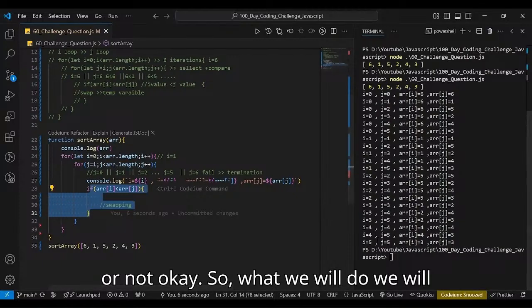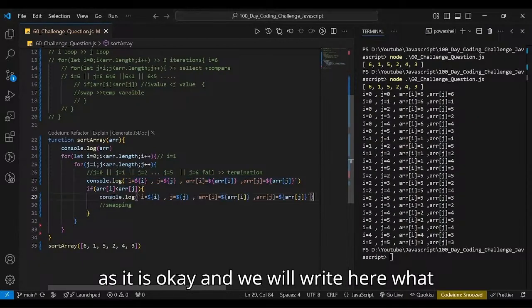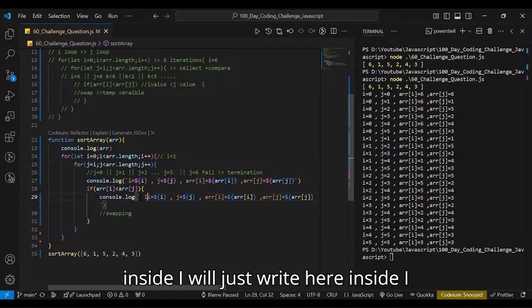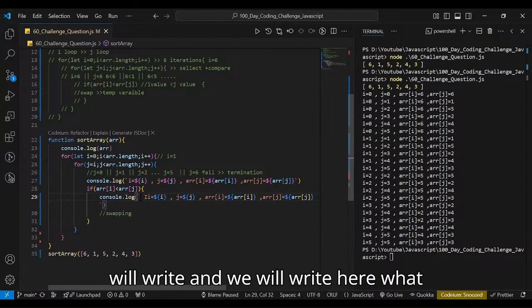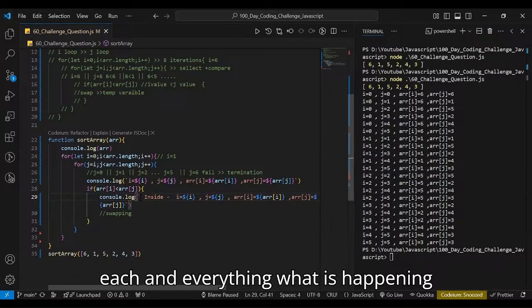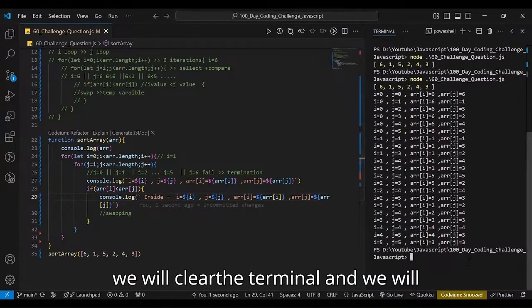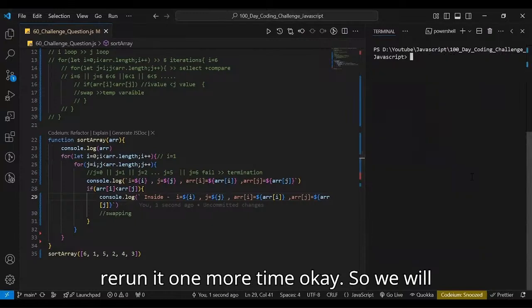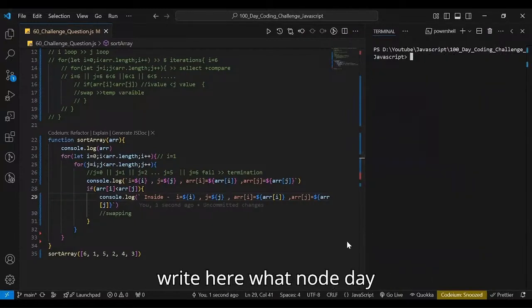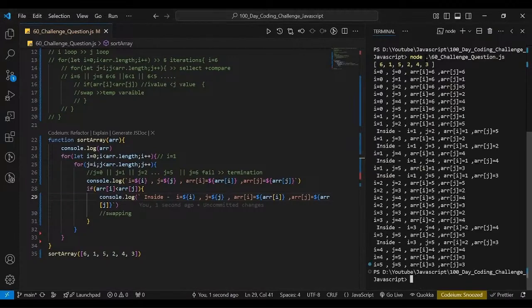So what we will do, we will come here and take this console.log statement and put it as it is, okay? And we will write here "Inside". I will just write "Inside", with a hyphen, because I want to show you each and everything that is happening inside it, okay? So let us come here and clear the terminal and rerun it one more time, okay? So we will write here node day 60 challenge and hit enter, okay? So now what do you see? This is our array, right? So if you